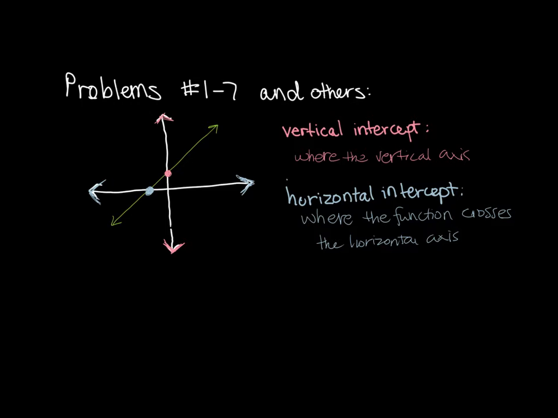The horizontal intercept is where we're crossing the horizontal axis, and the axis itself is where the height of the function is 0. So with this point, since the height of the function is 0, this point has the form